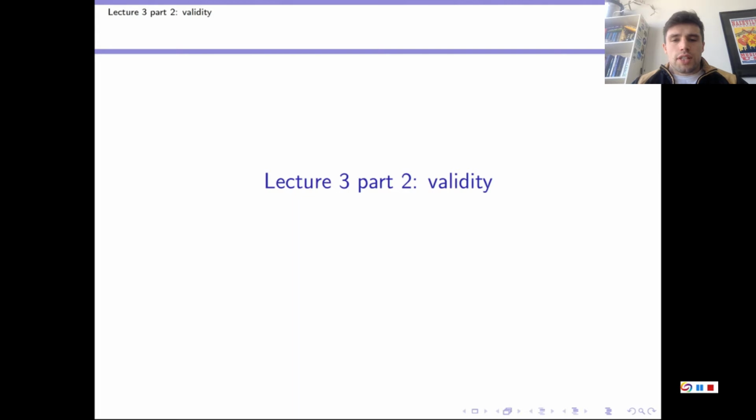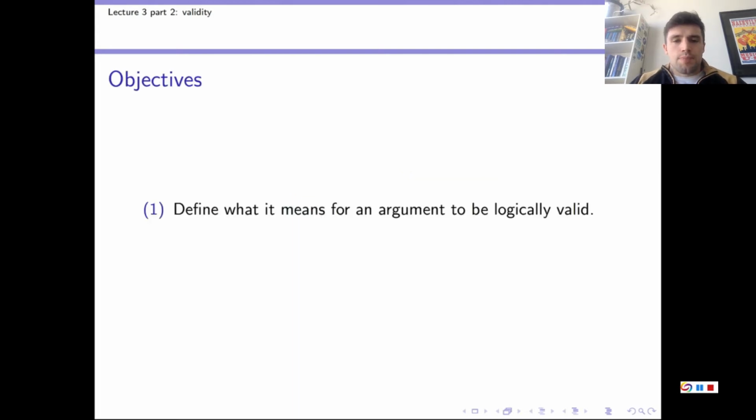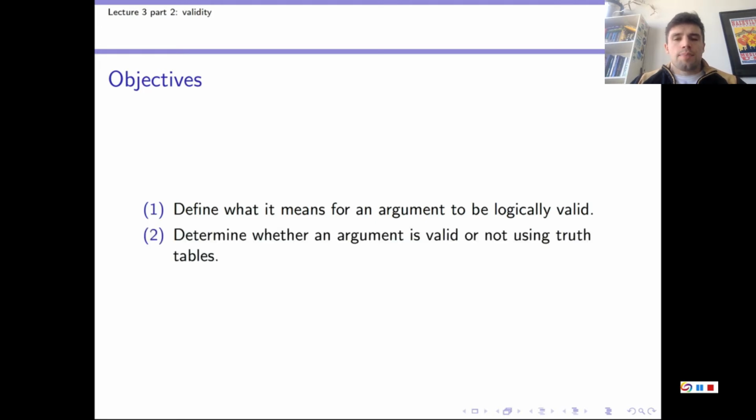The objectives for this video are the following. After watching, everyone should be able to: Number 1, define what it means for an argument to be logically valid. And number 2, determine whether an argument is valid or not using truth tables. So there's only 2 objectives for this video, and you'll have seen that the corresponding section in the book is